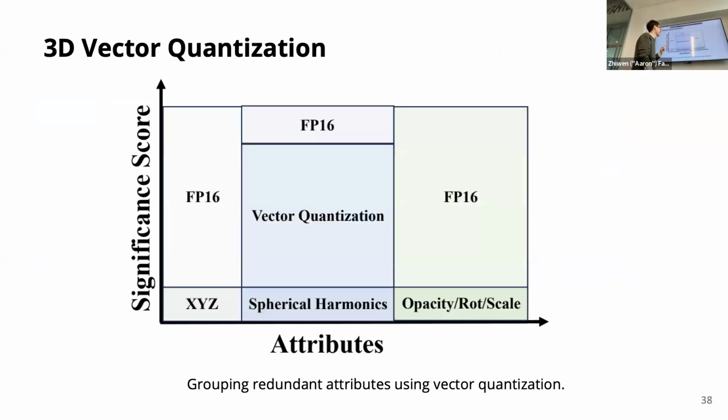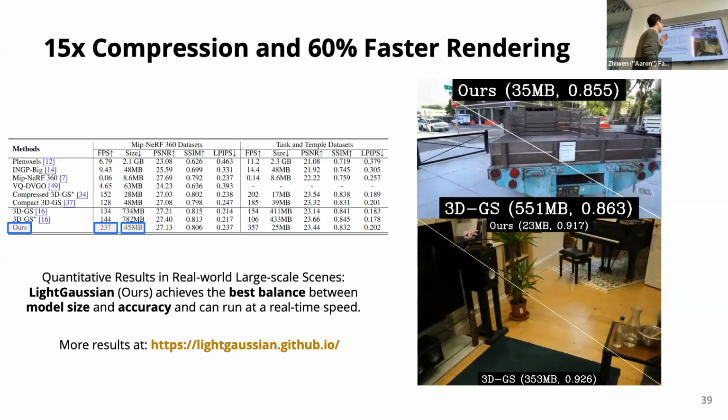And in the last perspective, there is a very representative technique called vector quantization. We apply vector quantization on the spherical harmonics since they are most likely more redundant. We also use an importance score to measure which attributes or which primitives we apply the vector quantization to, since we don't want to touch those 3D primitives that are quite important. We only want to reduce the redundant ones. So combining them all, we can see